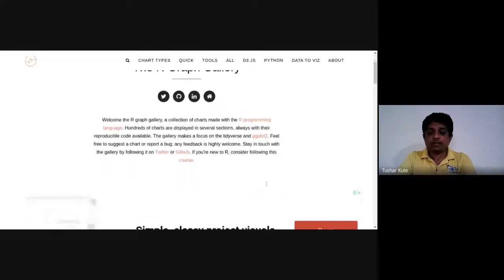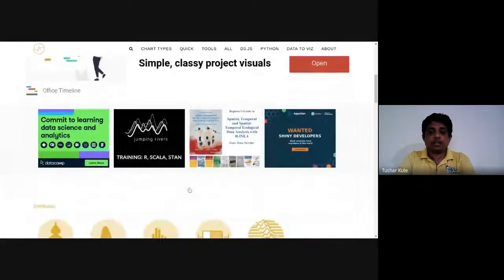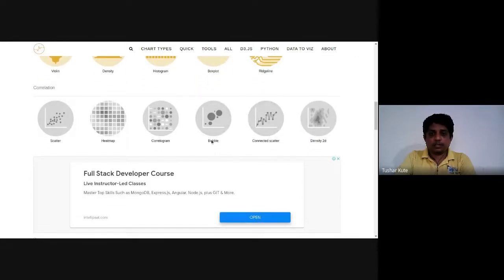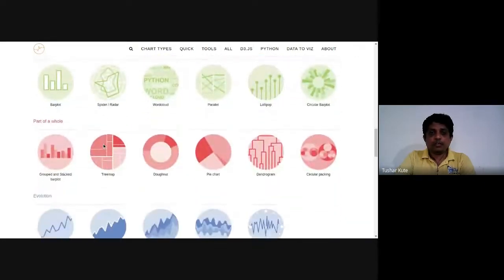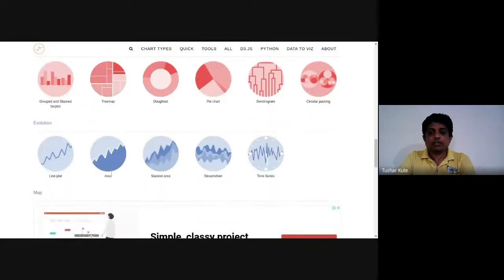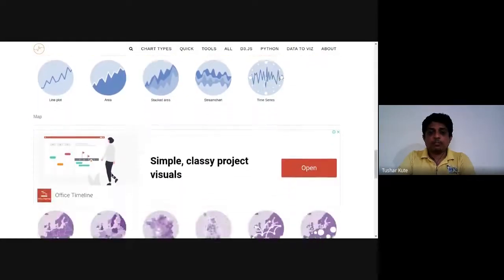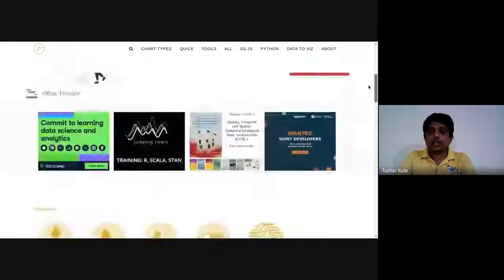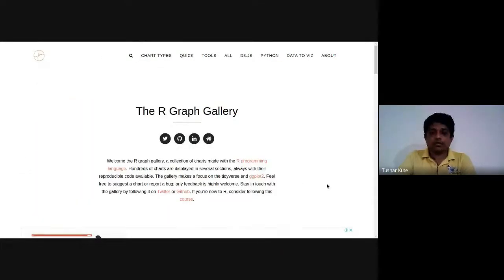You can see the graphs present: violin plot, density, histogram, box plot, ridgeline, and many more. This is the kind of graph that we can create. Many are there. This is the R Graph Gallery website, from where graphs from different libraries can be drawn.